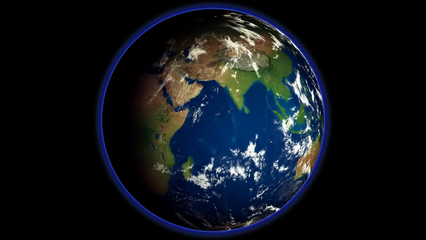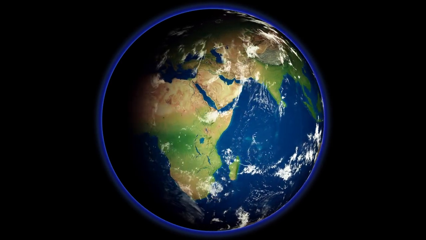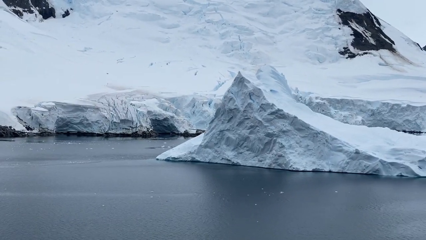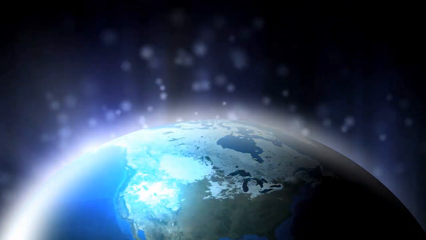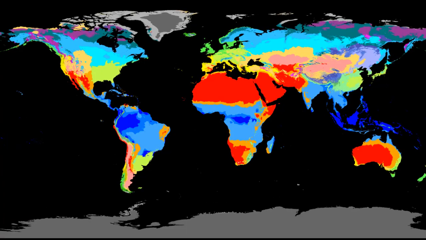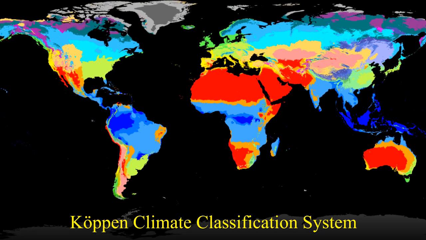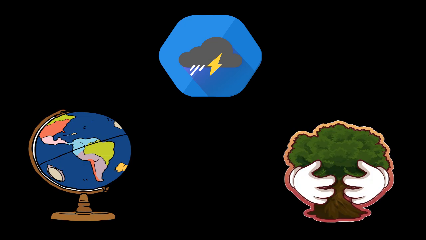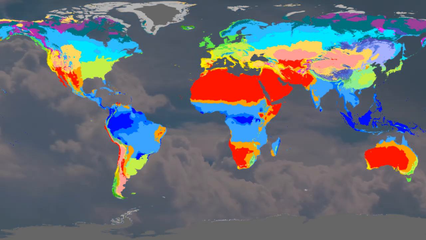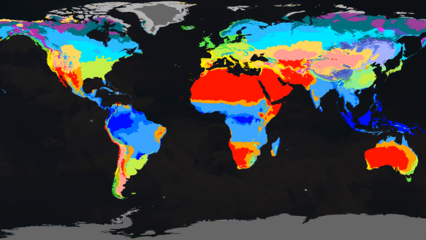Every region on Earth experiences a unique climate, some sweltering under tropical heat, others cloaked in polar ice. But how do we make sense of all this climatic diversity? One of the most effective tools for this purpose is the Köppen climate classification system, a system that has shaped modern climatology, geography, and environmental science for over a century. Today, we'll explore how this system works, why it remains relevant, and what it can tell us about the world